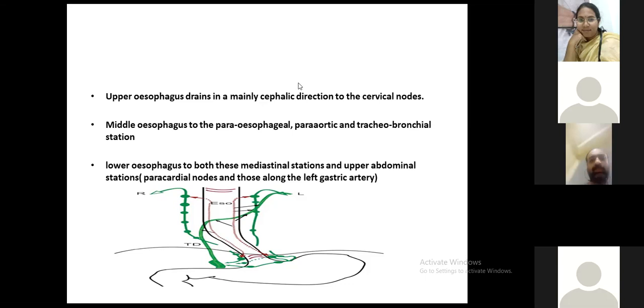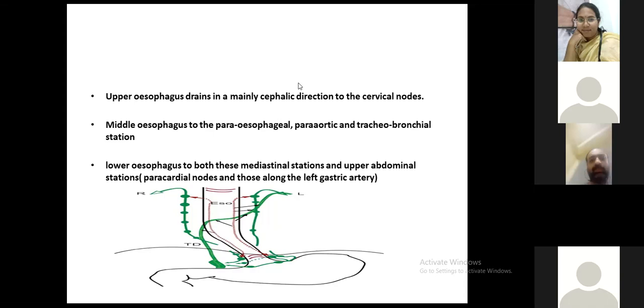There may be a metastatic lymph node even in the neck, which is considered a regional node. In the same way, lesions in the proximal esophagus might have metastatic lymph nodes in the abdomen along the left gastric artery or in the celiac axis, though the chances are less than 20%.